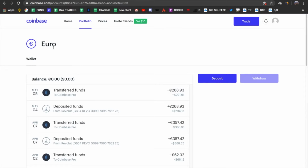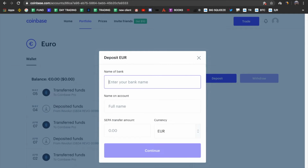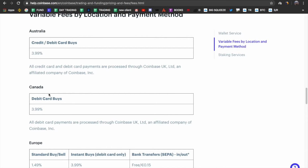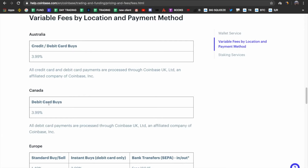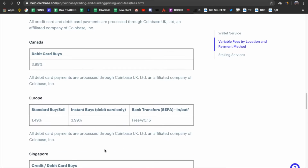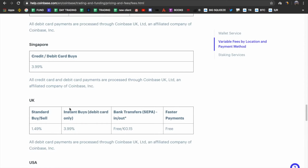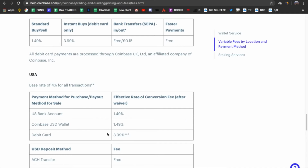Now you can deposit from Coinbase. Actually, you can buy directly with a credit and debit card as well, but they are charging you. Let me first show you. From Coinbase again, you can buy directly with debit and credit cards, but they are going to charge you 4%, right? 4% for instant buy with debit cards. Here you can see it depends where you are, but it's basically 4%